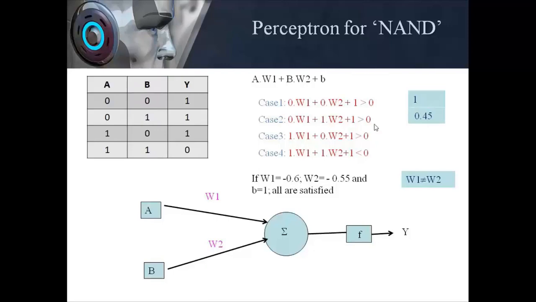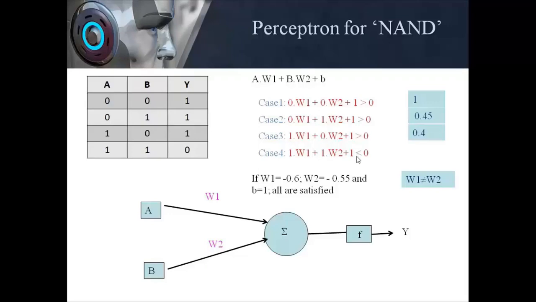So it would be 1 minus 0.55, giving a positive value of 0.45, which is satisfying the condition. Now the third case, again this is the contributing weight, which is -0.6. So -0.6 plus 1, that is equivalent to 0.4 as our output, which is again a positive value,